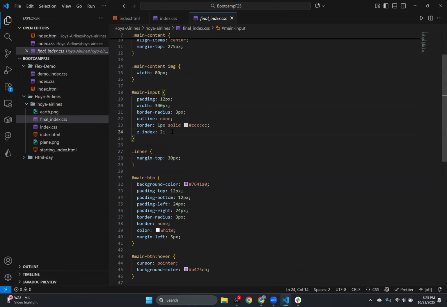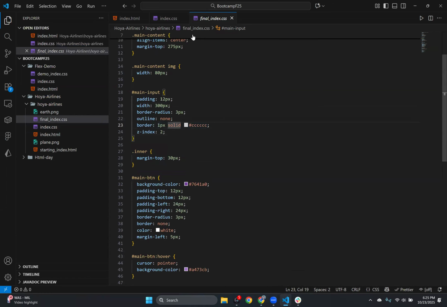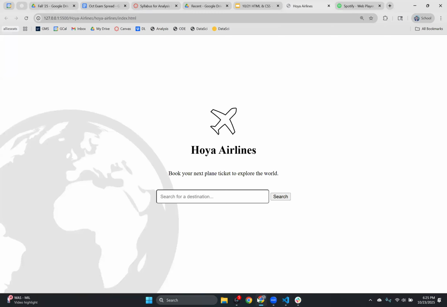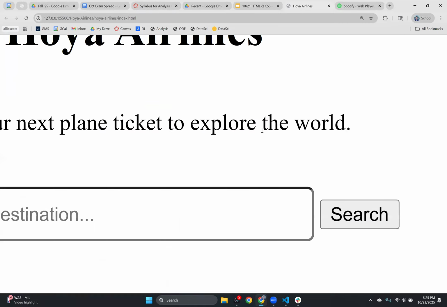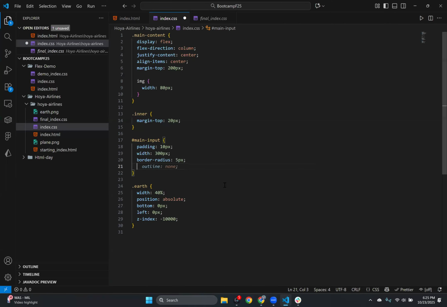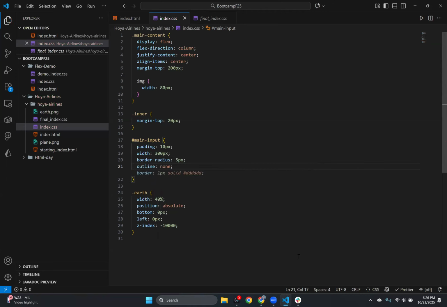Outline. Okay, we can touch the z-index if we want. Okay, cool. So, something else that's here is this annoying black outline bar. I feel like it's not super good. So what we can do is do our own. So I think if we outline none,